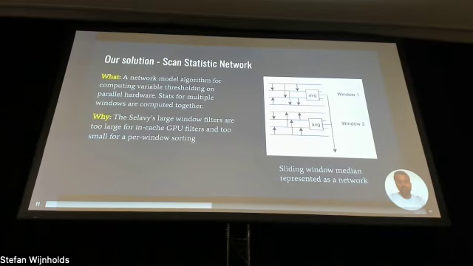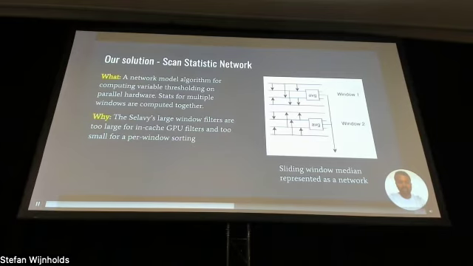These windows are also smaller than the threshold from which GPU sorting algorithms are useful. GPU sorting algorithms typically need millions of data points to be processed together, whereas we have 100,000 data points per window. This means that unless we process multiple windows together, there will be idle time and the occupancy of the GPU will drop. So we needed something to compute multiple windows simultaneously, maximizing occupancy, and also compute all the stats needed in a single pass over the data.